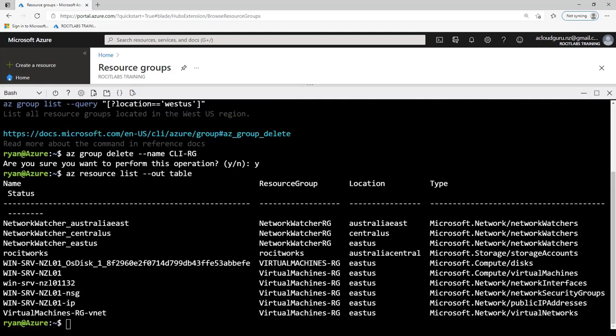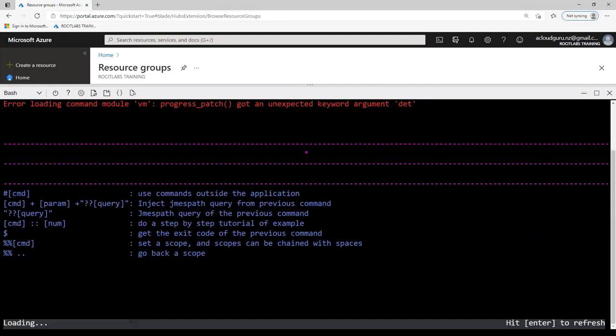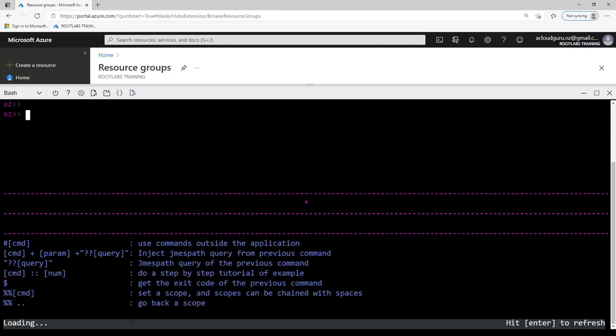Another cool feature with the CLI is interactive mode. So I will just give you a preview of that. So we say az interactive and press enter. This will put us in interactive mode, and once we're in interactive mode, we can do a lot of things. This is still in preview, so there are still some things that work with it and some things that don't. So I'm going to press enter a couple of times on my keyboard,